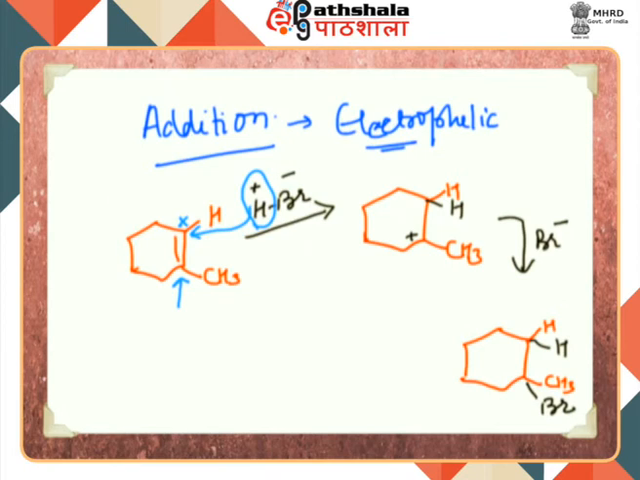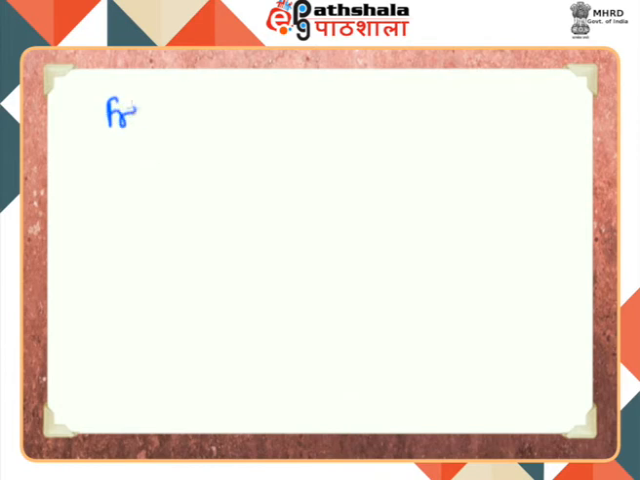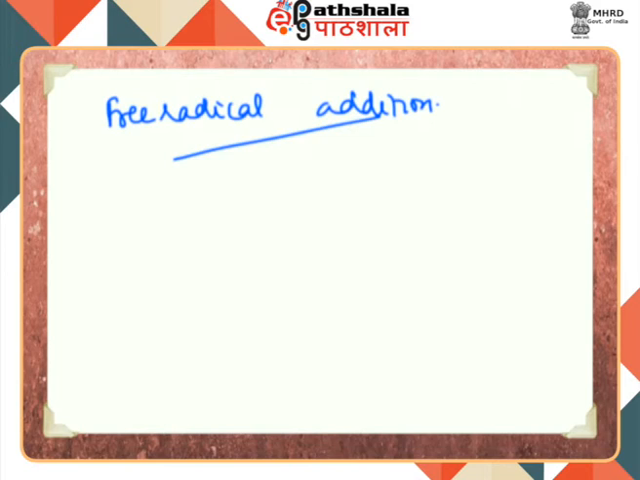And you can clearly see here that this HBr has added to this particular double bond where H has come to this carbon and Br has come to this particular carbon. So this is addition, and because the first attacking species is an electrophile, that is why it is the electrophilic addition reaction. Now coming to the case of free radical addition, the same example we can take further,